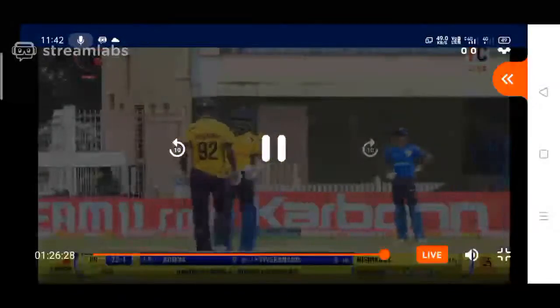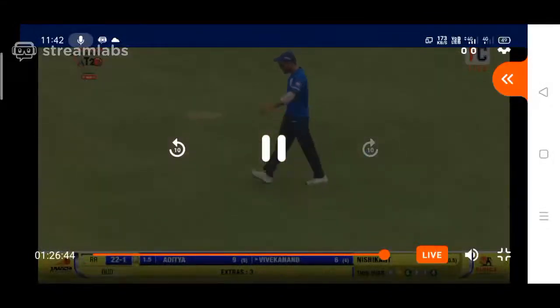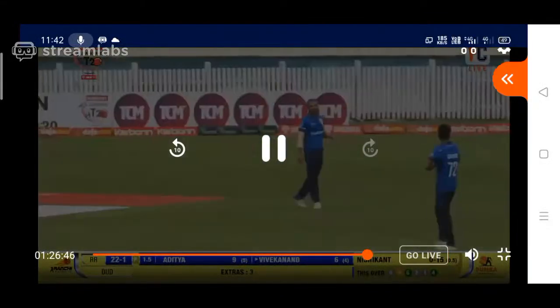That's a 4. Beautiful shot towards the onside. What a shot that was. We'll just take a look at that in a while. Vivekanand Tiwari has been really hitting the ball hard for the boundaries. Look at that. What a shot. No chance for anybody to get that ball. And finally runs to the boundary for a 4. Beautifully played towards the onside of the field.